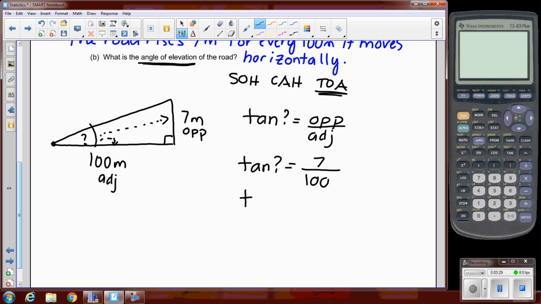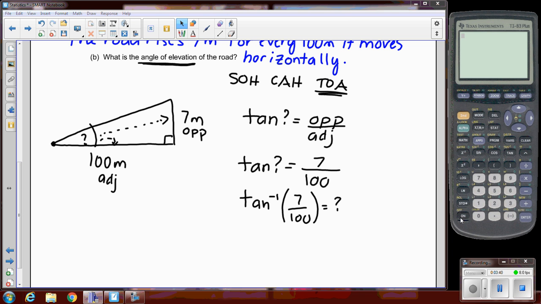And then if we remember, to find an angle, this is when we do the inverse tan. So we have to use our calculator here, and this will tell us our angle of elevation. But before we do that, it's been a while since we've been working with trig, so you want to make sure that your calculator is actually set in degree mode. Right now, mine's in radians, so I'm going to set it to degrees and do my calculation. So the inverse tan of 7 over 100